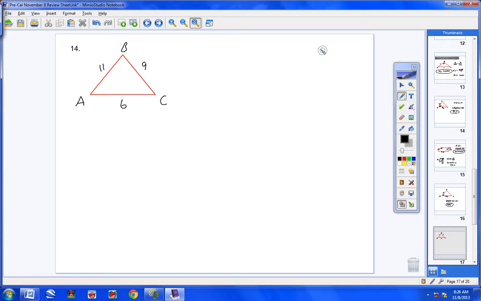So let's go ahead and start off by looking for angle A. So cosine of A. So I come way over here and I put A squared. Well, that's 81. Then I would put B squared. Well, that's 36. And then C squared, that's 121. And then minus